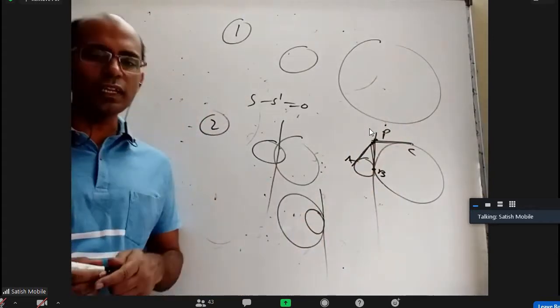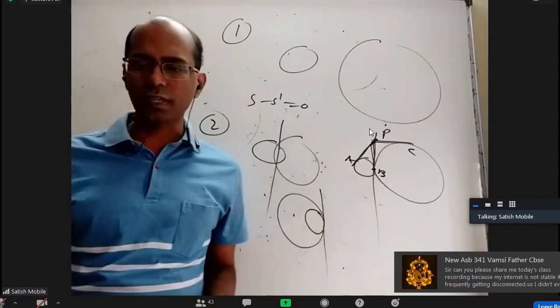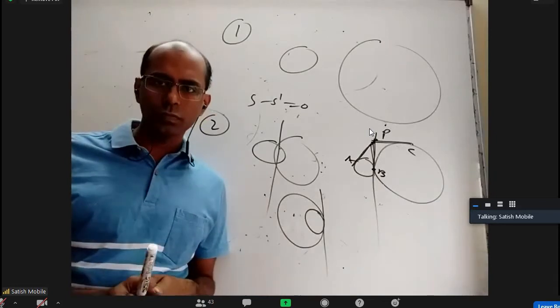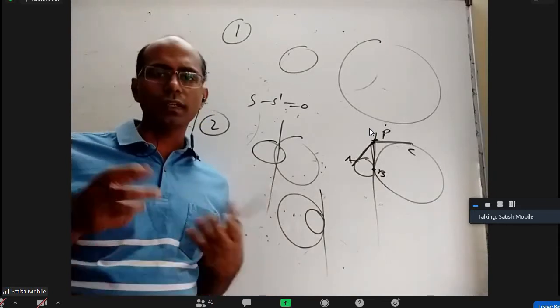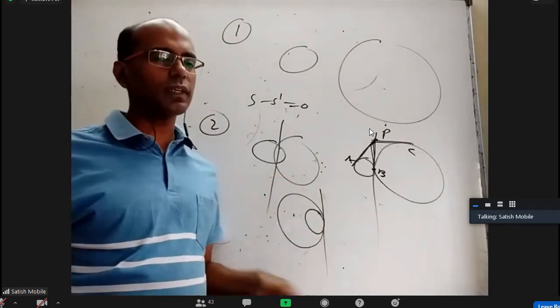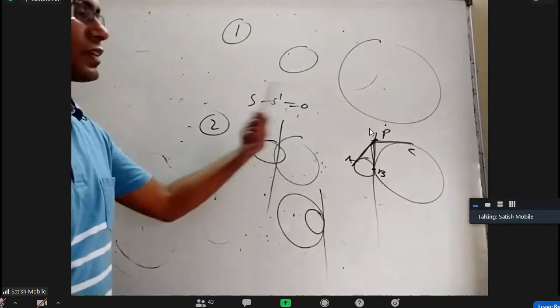So if you take any point on this common tangent, the length of tangent to the first circle and the length of tangent to the second circle are equal. If lengths of tangents are equal, their squares are also equal. And the length of tangent is root S11, so the square is S11. So for any point on this common tangent, the powers with respect to both circles are equal. So it is the radical axis. It's satisfying the radical axis.